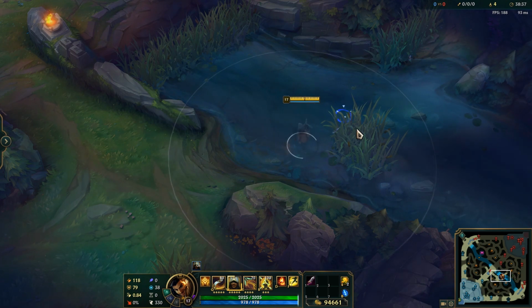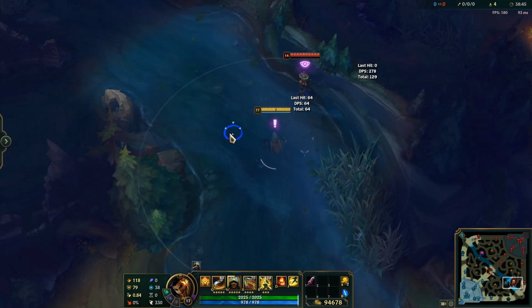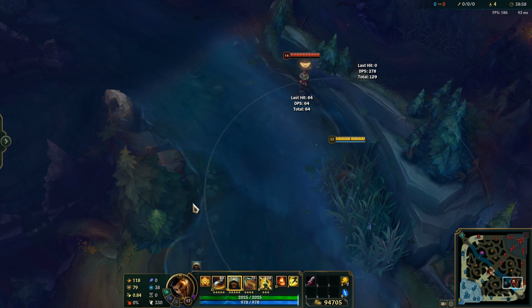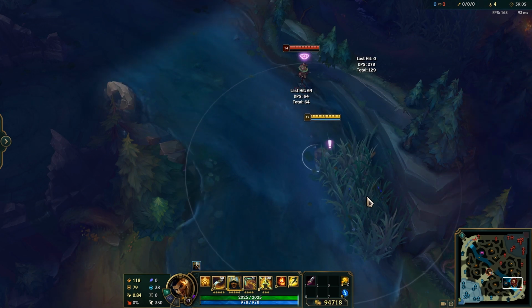You can also be in a bush, so it's about to expire, but I go into the bush and I'm safe. Come out, go back into the bush, I'm safe. And the only way you're seen is if you're in the radius of an enemy champion. But being in the radius of an enemy champion, which you can see from the circle here, does not necessarily instantly remove you. It just means that they can see you, but you can still go back into the bush